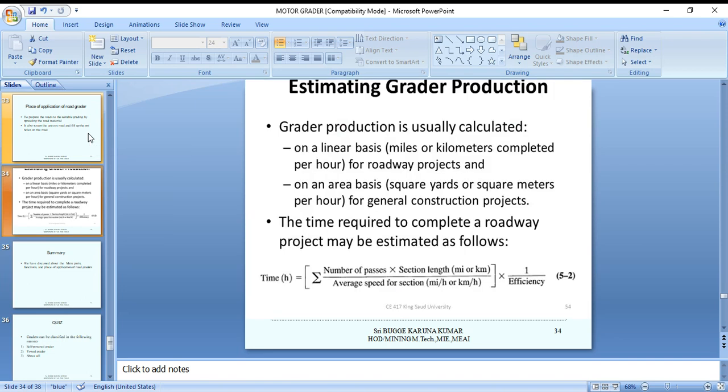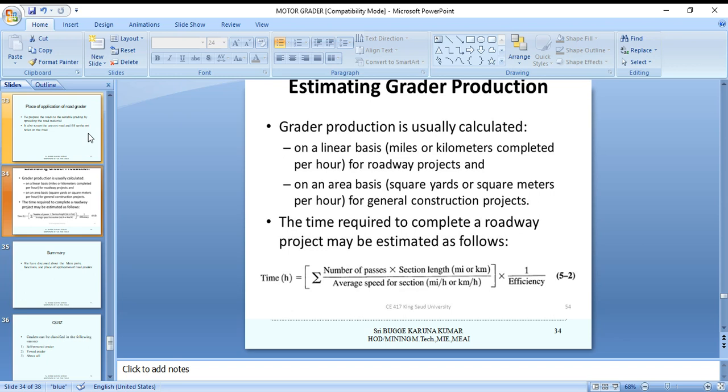So how to estimate the production? This is very important. Just like a dozer, there is no container, so how do we measure the production of the road grader? Grader production is usually calculated on a linear basis. That means how much distance is traveled in 1 hour